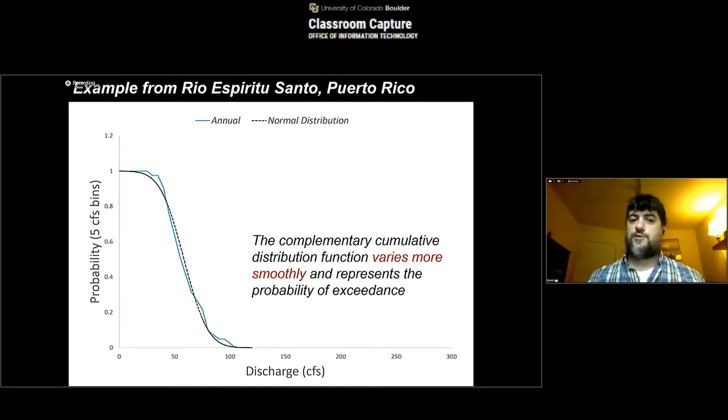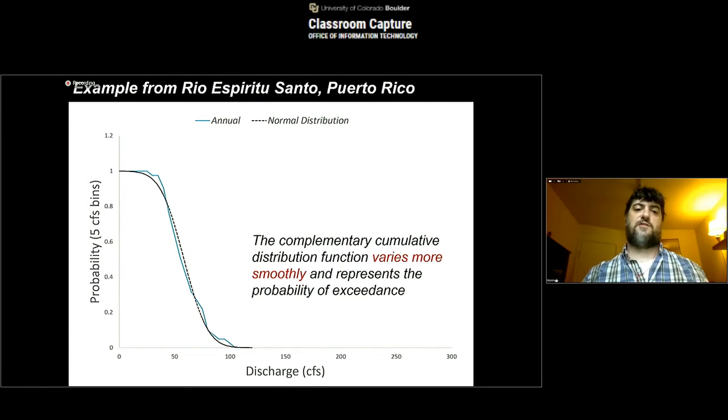The reason it's useful is because it's basically telling me, for a given size event or greater, how probable is it? So you can see the max is 1, and then as you get to larger and larger events, the probability goes down. It's a function that varies more smoothly,